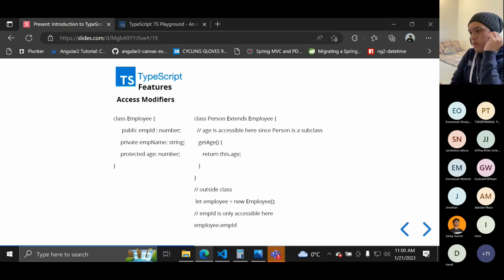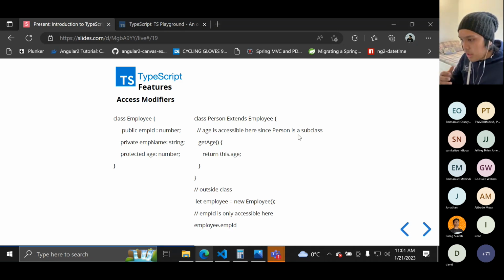Right. So this is just an example of the access modifiers. We have a class employee. I have defined three variables which have three different access modifiers: public, private, and protected. For example, your employee is your main class and it's extended by the person.